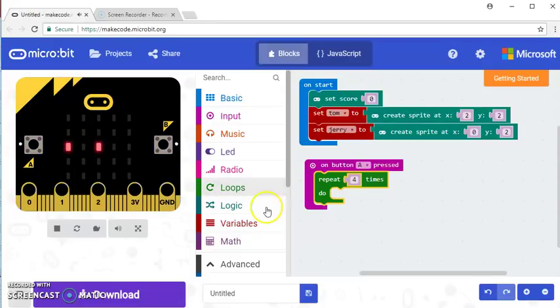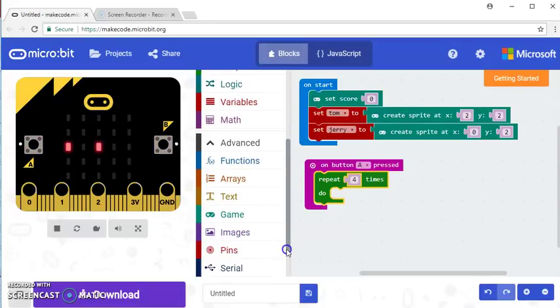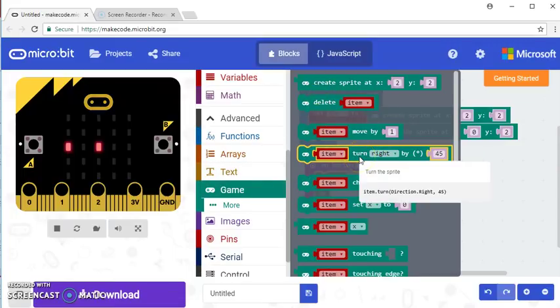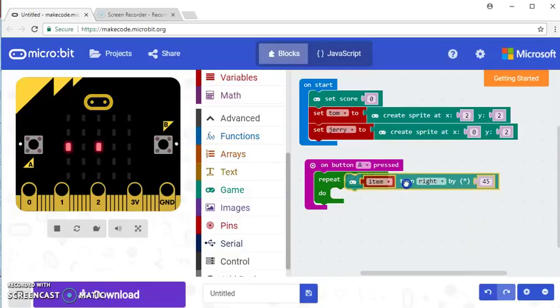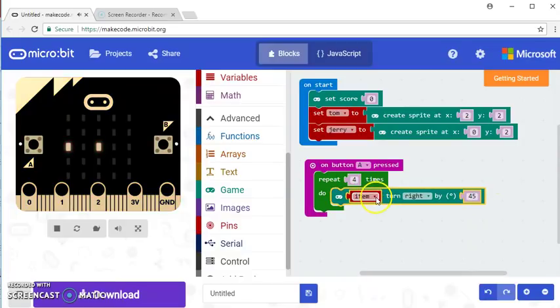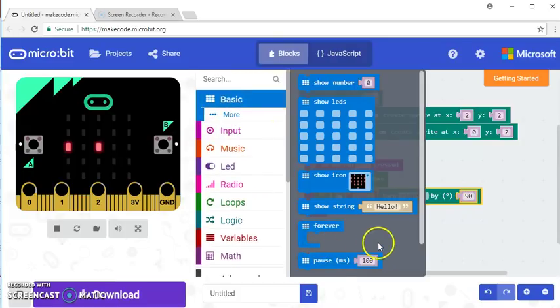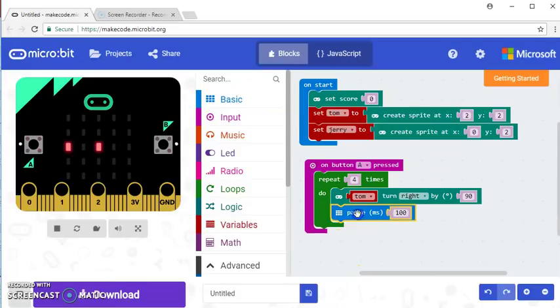And then we're going to turn Tom right by 90 degrees. So if I go into game here, there is an item turn right by. So I'm just going to drop that in there. And instead of item, I'm going to say Tom, and we're going to turn it right by 90 degrees. Then we're going to put in a pause, because otherwise it'll just happen too quickly. So I'm just going to bring in a pause for 500, and then I'm going to go back to game,